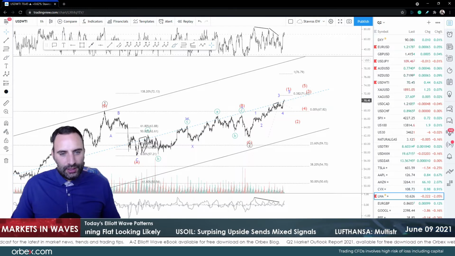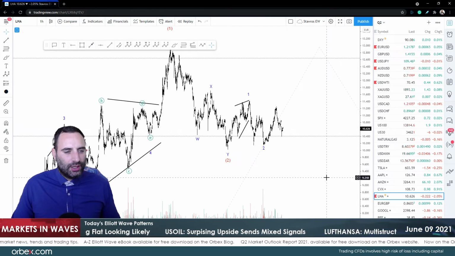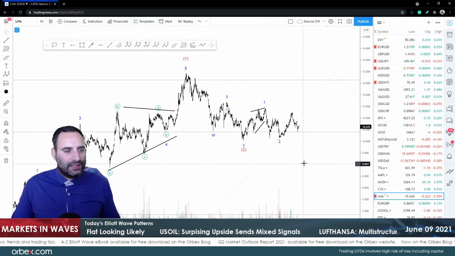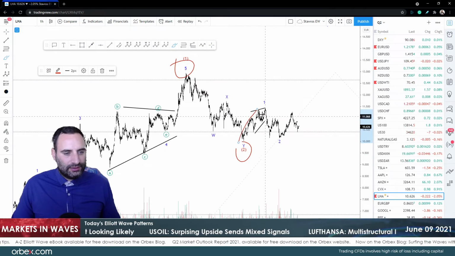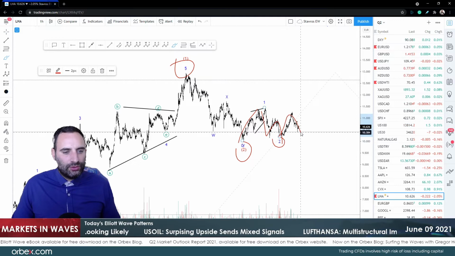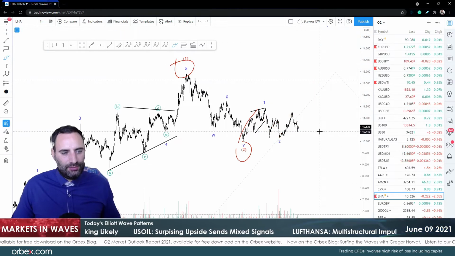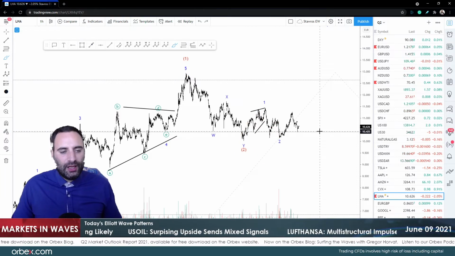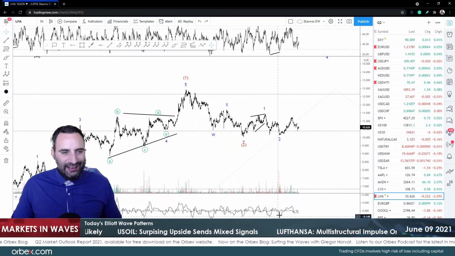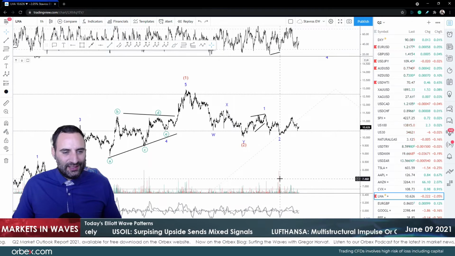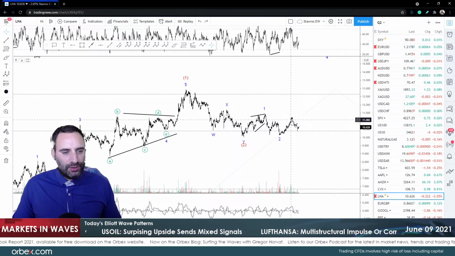Makes sense. And finally, guys, Lufthansa. We haven't looked at it for a few weeks. We were looking at the multi-structure move to the upside, and still the same case applies. Wave 1, wave 2, 1 leading diagonal, ABC, that's a 2, 1, 2, 3, 4, 5. We'll get the 3, the 4, and the 5. So we expect the medium term and the long term to be quite good, right? Now, do we get any signals on the RSI and the MACD? We don't really get anything on the RSI and the MACD. We'll get some good volumes here at the support, which is a good indication that it's going to be some more upside.